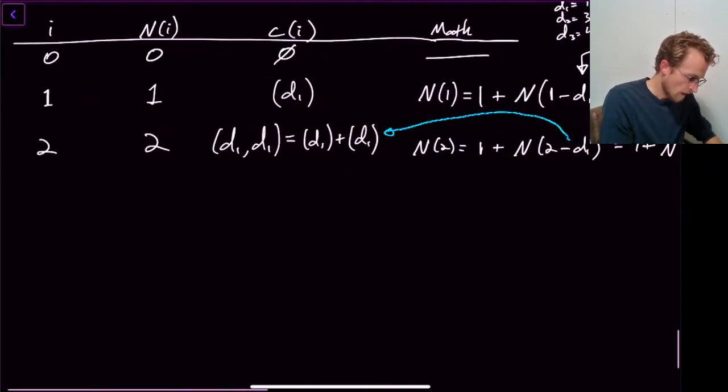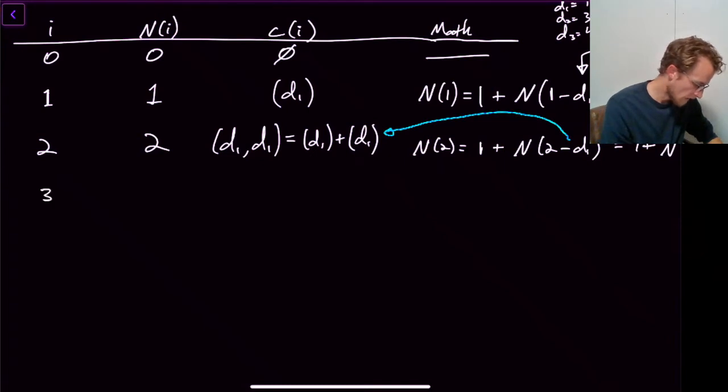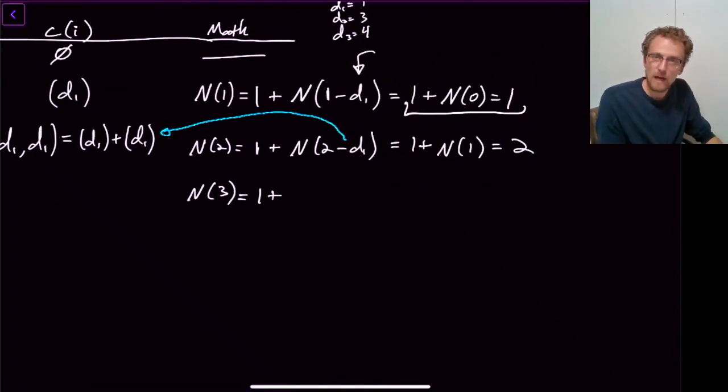Okay, so now let's go to our first interesting one. So our first interesting one is when i equals 3. So what is n of 3 then? Well, n of 3 always is going to be 1 plus something, right? 1 plus n of something. But now there's a couple different options, right? So now there are 2 different coins that fit into 3. So it's either going to be